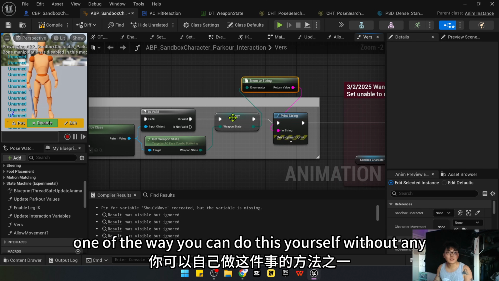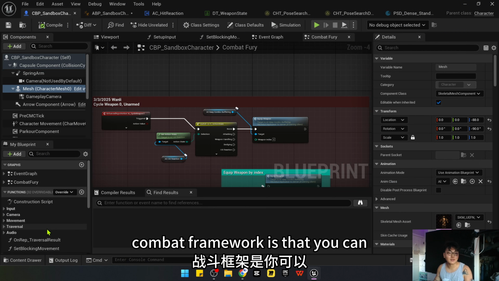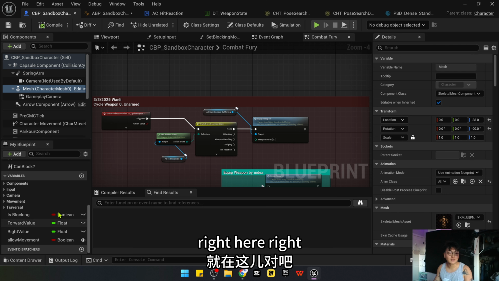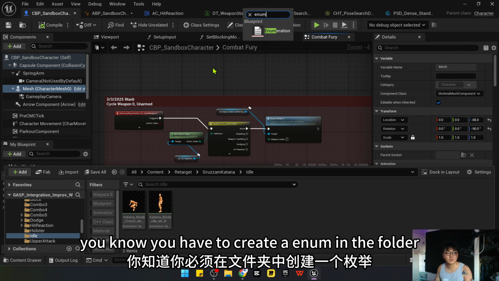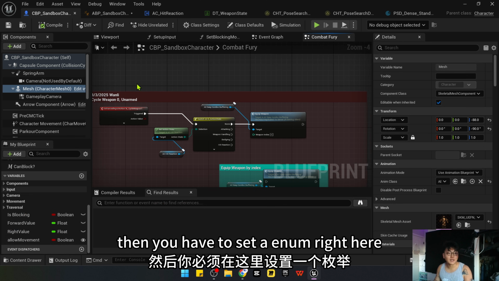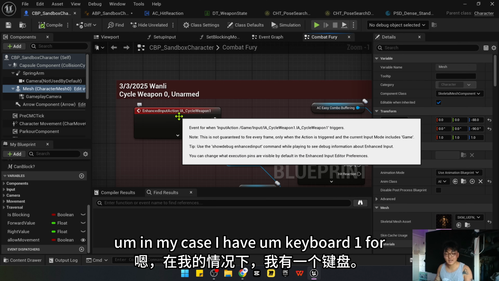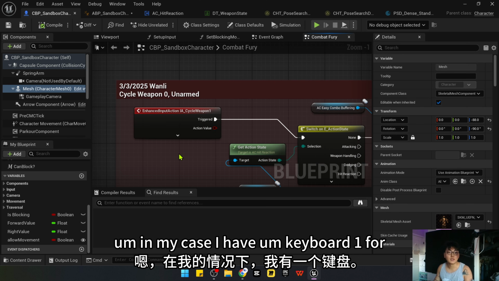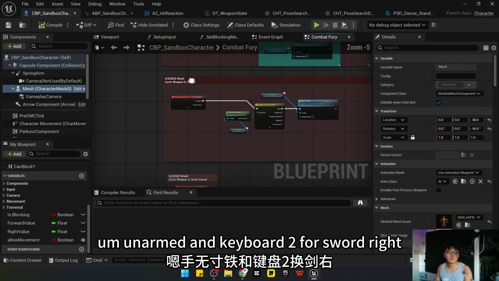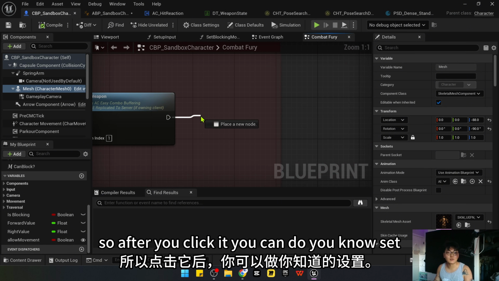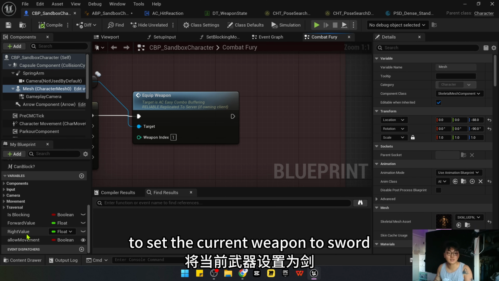One of the ways you can do this yourself without any combat framework is that you can set an enum right here, right? You have to create an enum in the folder, then you have to set an enum right here. For example, in my case, I have keyboard 1 for unarmed and keyboard 2 for sword. So after you click it, you can set the enum to sword, to set the current weapon